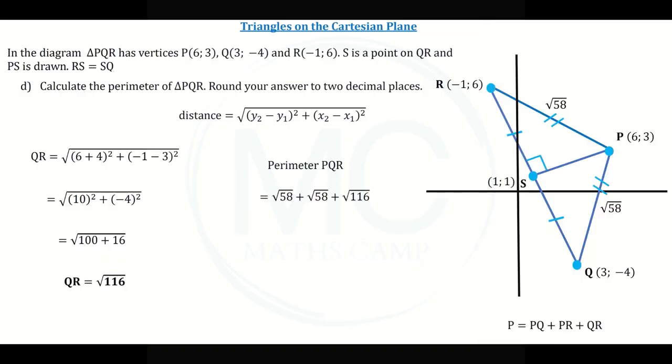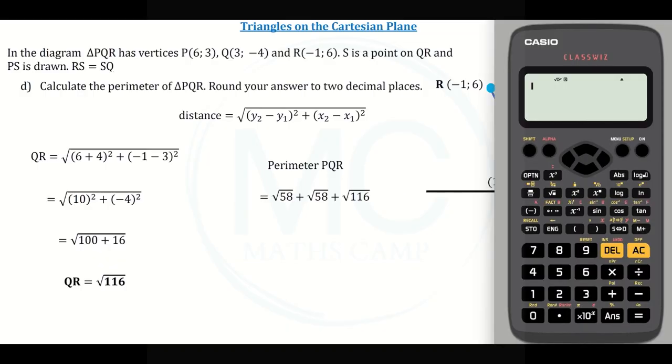And now we can put these values into our calculator. So we say the square root of 58 plus the square root of 58 plus the square root of 116 is equal to, let's put this to decimals, and we get